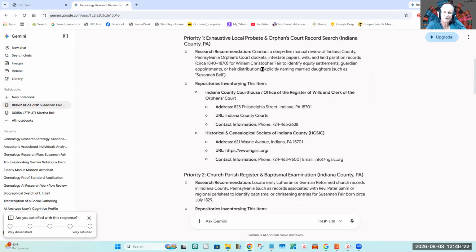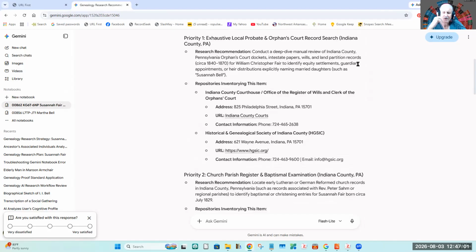It's talking about a deep dive and a manual review of Indiana County's orphan court dockets, state papers, wills, land partition records, 1840 to 1870, for William Casper to identify any equity settlements, guardian appointments, or heir distributions explicitly naming married daughters such as Susanna Bell. And the repository it's suggesting is the Indiana County Courthouse.